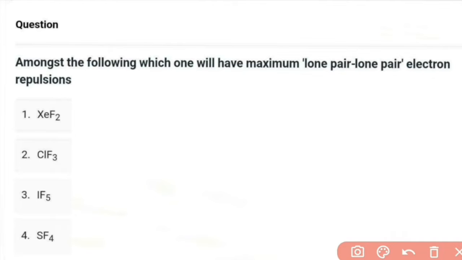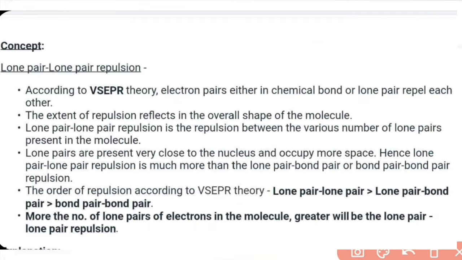One thing we need to remember here, electrons, whether they are in bonding or in lone pairs, will repulse each other. Now this information I am sharing for you. You may please take a screenshot of this and read it later. Now we are continuing. One more thing, the molecule which will have the maximum number of lone pairs